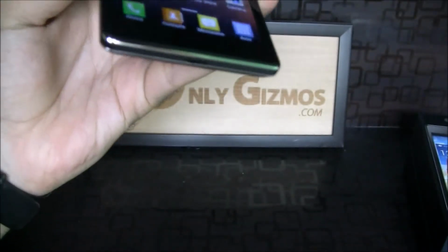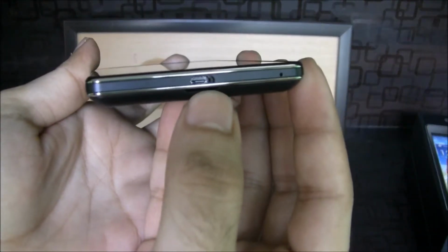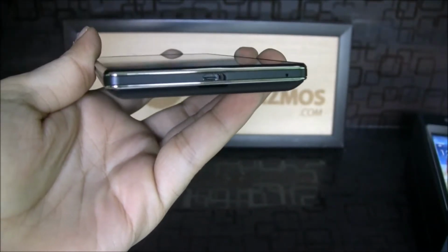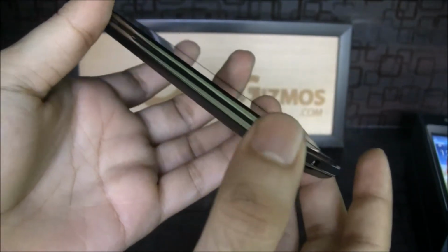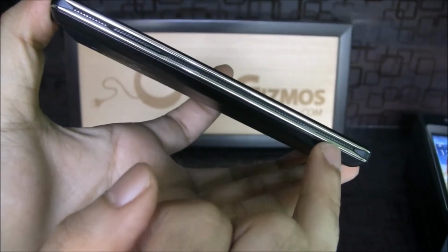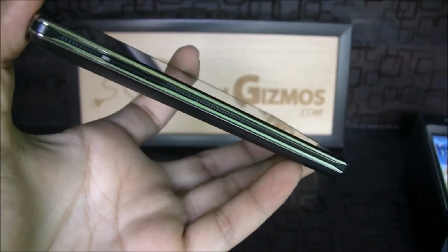Now let us take a look at the bottom of the device. Here you have your micro USB port, which would also act as the MHL port. Right next to it is the call mic. Now let's take a look at the left hand side of the device. Now you can see here this prism like design centered in between the bezel,